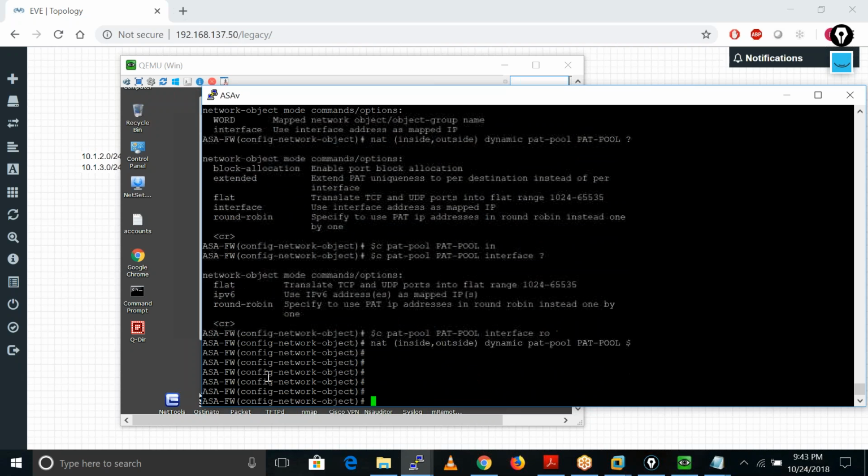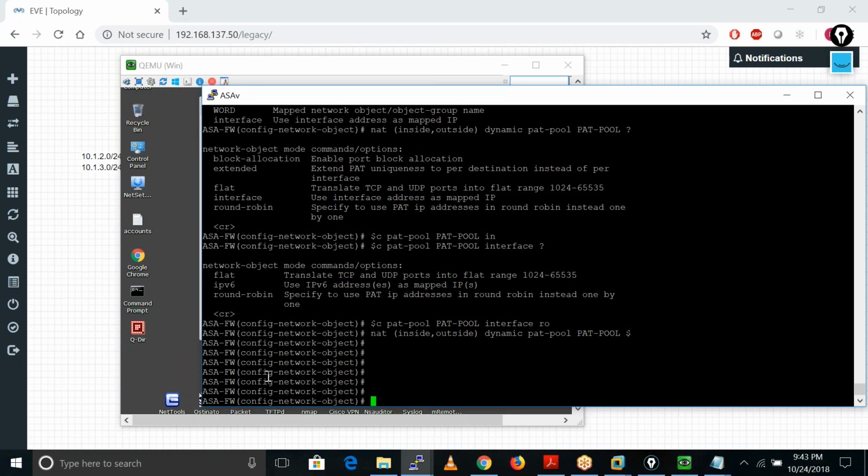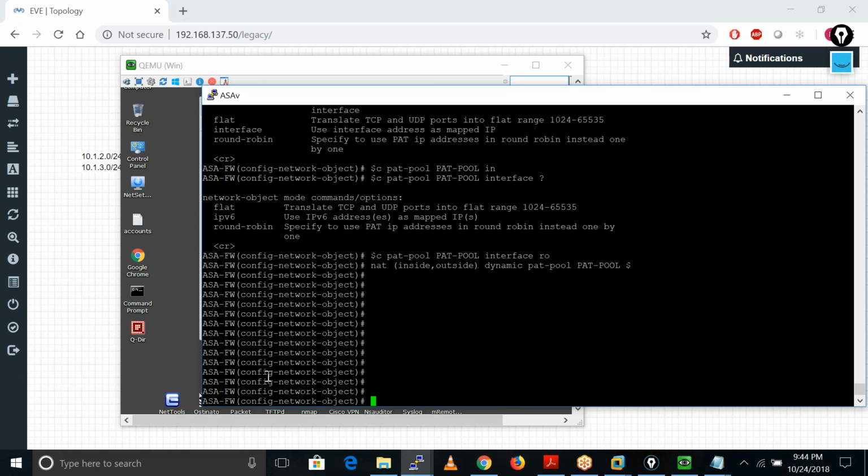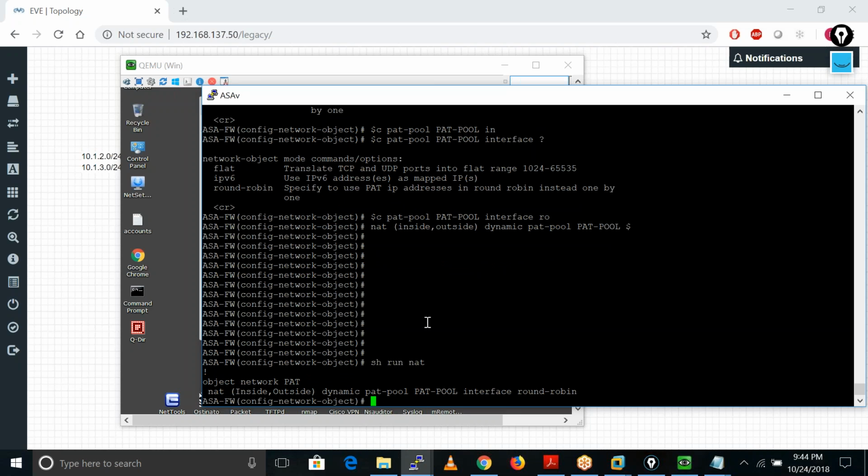Round robin. I forget the exact working process of round robin. You can find it on Google, because in BTech we study round robin and all. Okay. So these are the commands to do the PAT pool now. So now what happens is, it uses the interface IP as well as the other two IP addresses which we define in our pool. Okay.